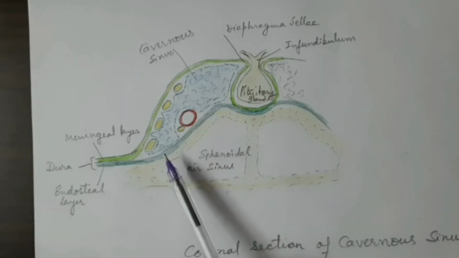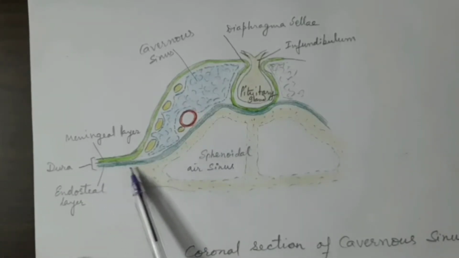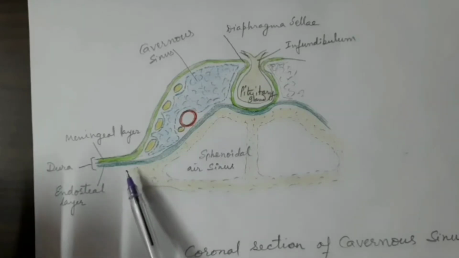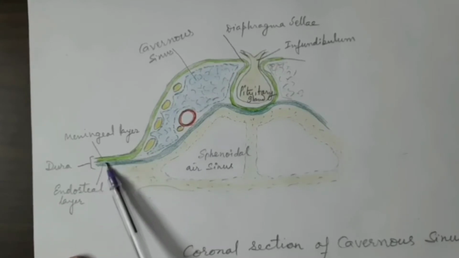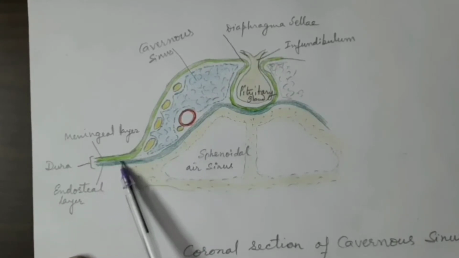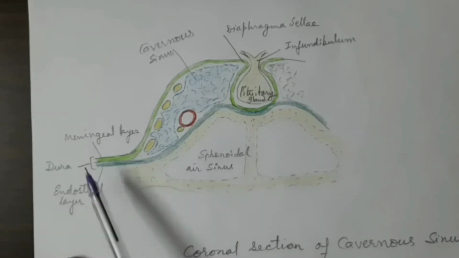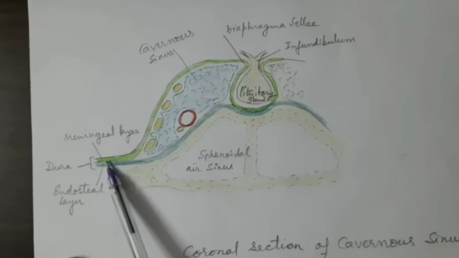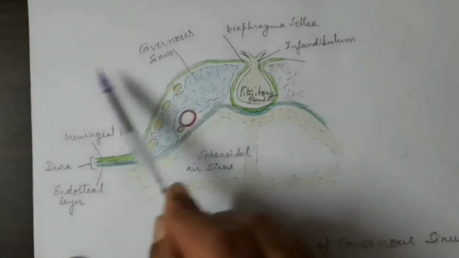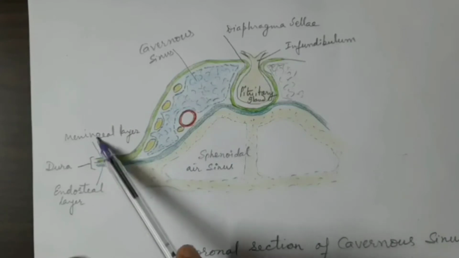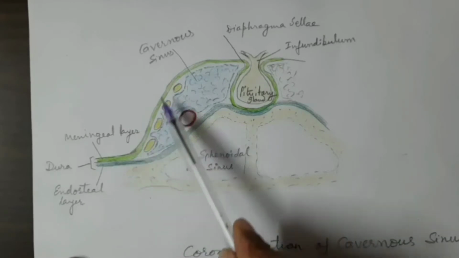Every bone has to be covered by a fibrous membrane which is called periosteum. But the periosteum here is known as endosteum wherever it is lined by the dura mater, because there is another layer in the dura mater which is firmly fused. You cannot separate the meningeal and endosteal layers just by pulling them away from each other. It is not possible. They are firmly attached to each other. So the other layer, which is more towards the cranial cavity side away from the bone, is called the meningeal layer. You can see this green color going towards this, this is the meninges.